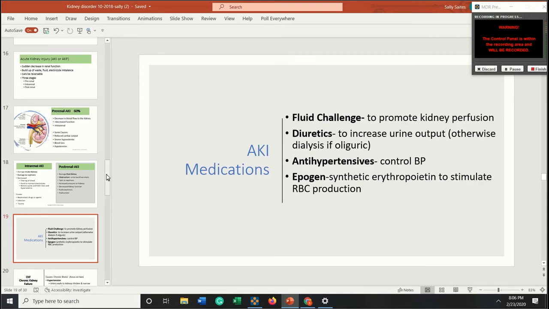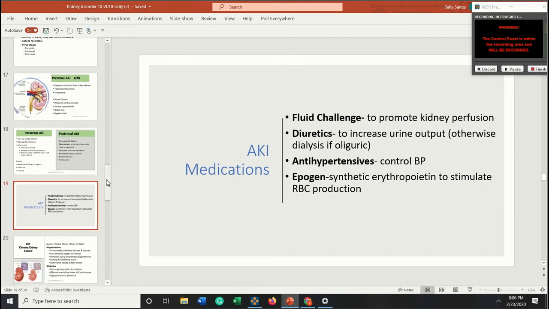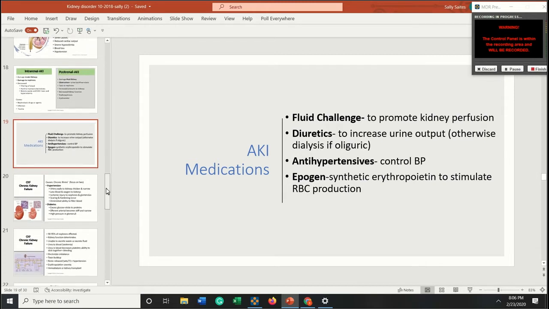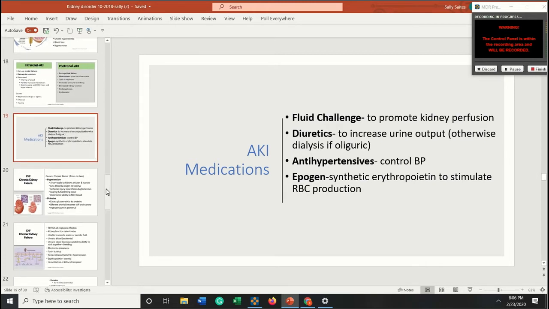So what we want to do is treat each of them differently, depending on the cause and injury site. So we've talked about intra and post-renal injury with the diseases we've already covered, right? So with pre-renal, we want to fix the problem to reperfuse the kidneys. So we need to fix what's going on in order to get that perfusion back. So if it's caused by hypotension, then we need to get the blood pressure back up. If the problem is blood loss, then we need to transfuse.